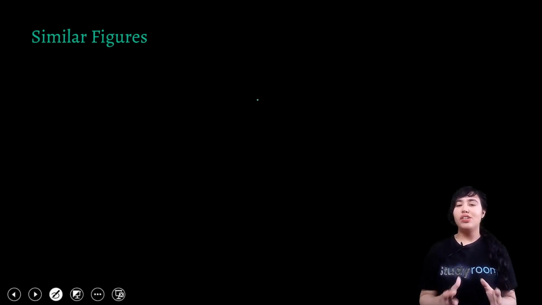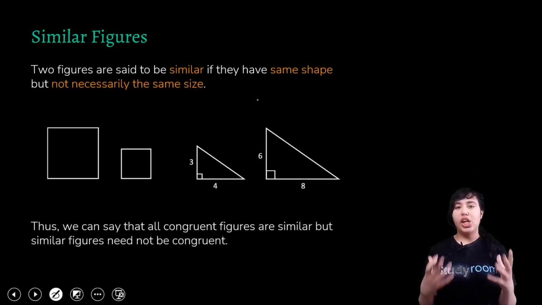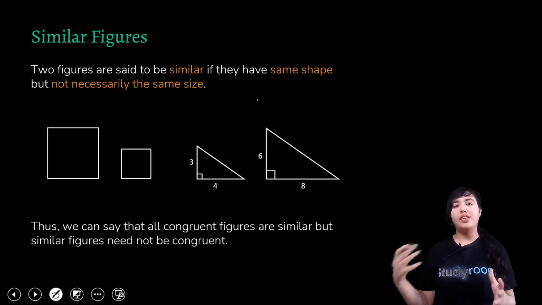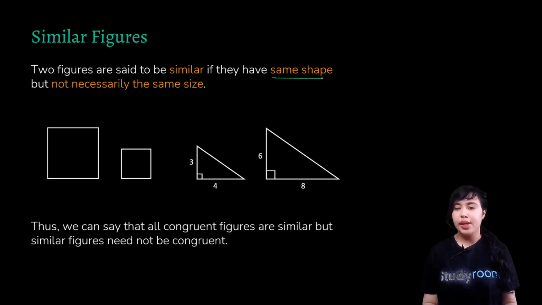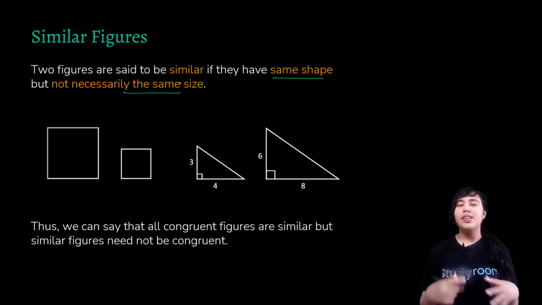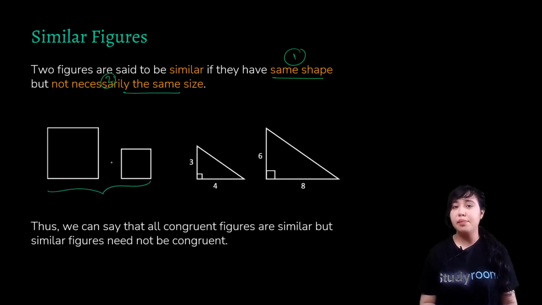If you've understood congruency, now you'll be able to understand similarity as well. When you're judging if a figure is similar to another figure or not, you look for the shape and you look for the size. But the criteria changes a bit. Here also the shape has to be the same, but the size may or may not be the same. Okay, so let's understand this by example. Here tell me what is the shape in these two figures. Is it the same? Well, both of them are squares and they have the same shape.